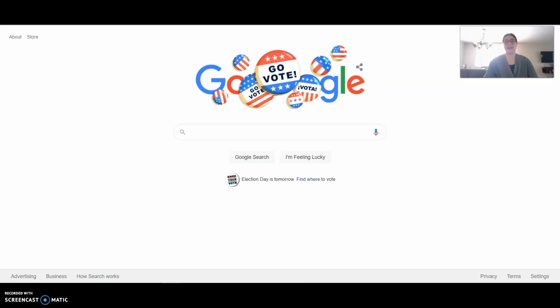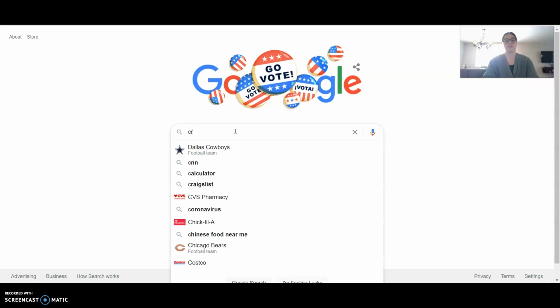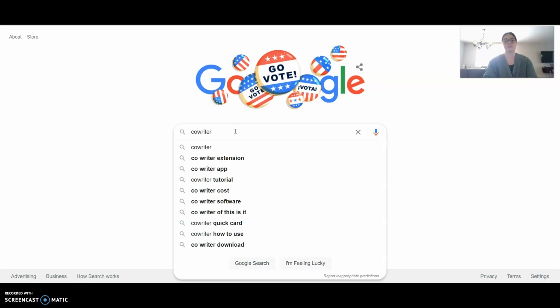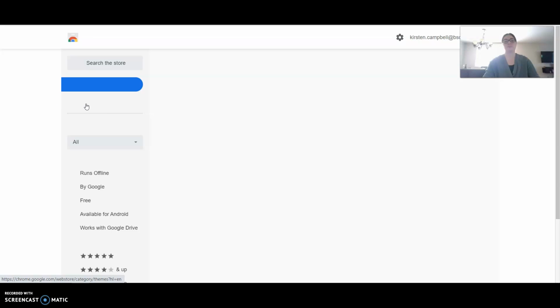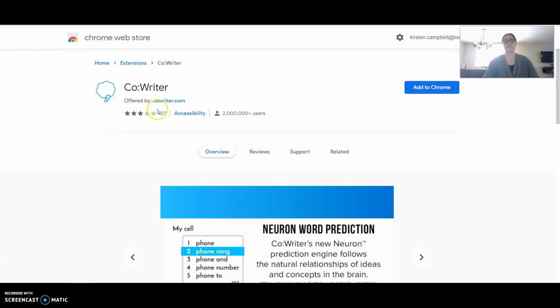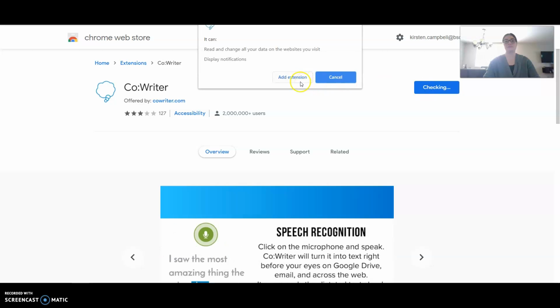This is how you're going to add the Co-Writer extension onto your screen. So you'll go to a fresh Google page, search Co-Writer extension. Right there, click it. And you're going to click where it says Chrome. And you'll click Add to Chrome, Add Extension,